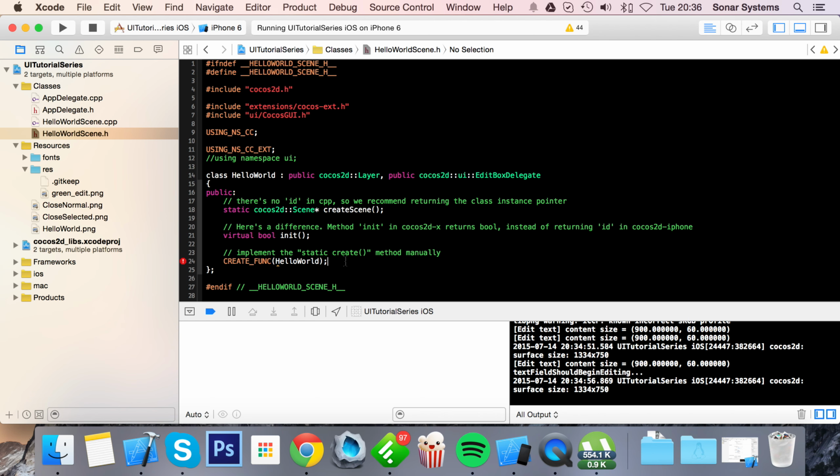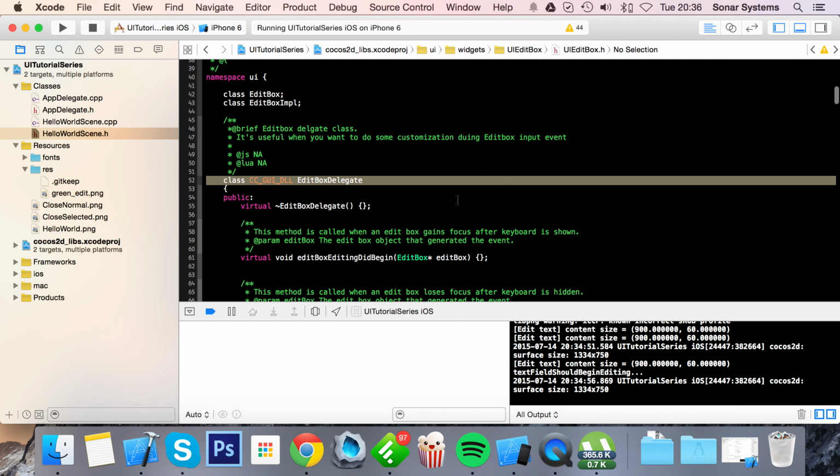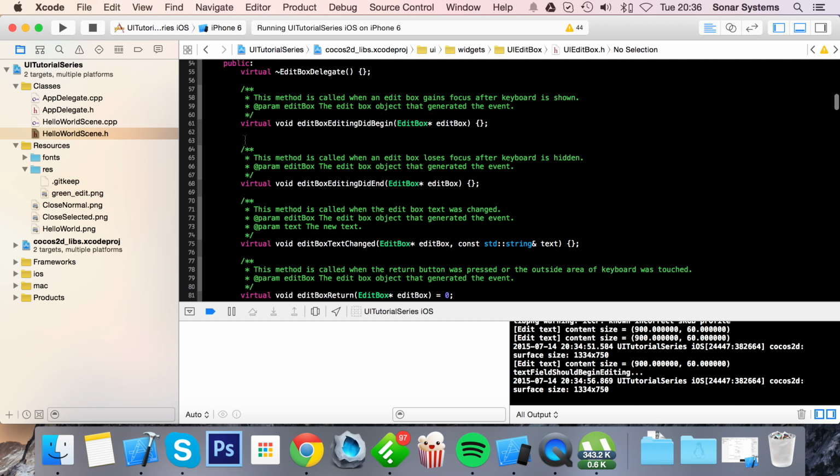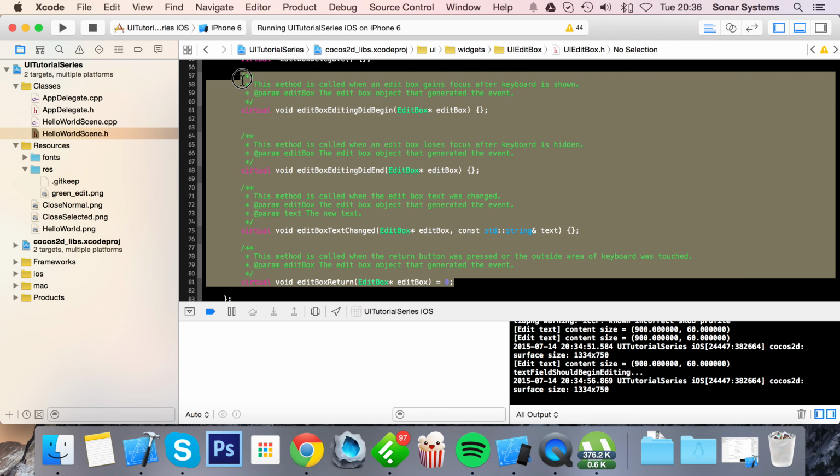Now let's add some methods. We have to add some methods because we are inheriting from it, so we need some virtual methods. So we need virtual. Actually, one sec. If you go to jump definition, you go to here, these are the methods we need. So the easy way to do it, if we just copy these 4 methods,